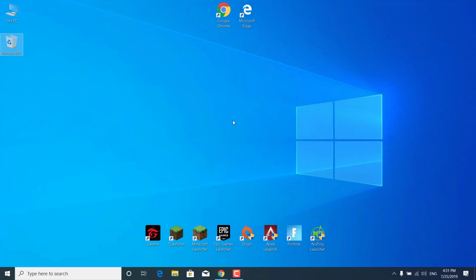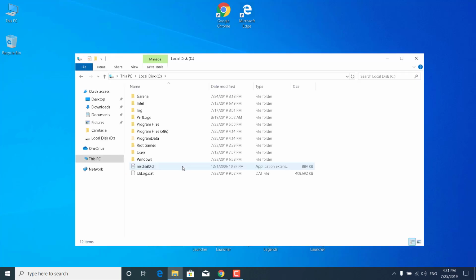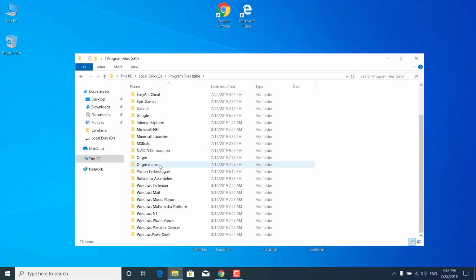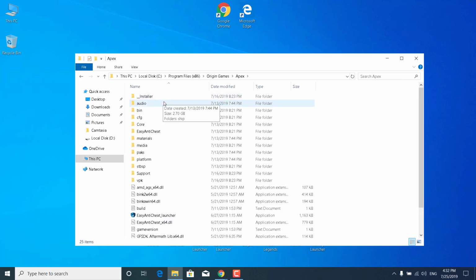Let's start. So what you want to do is open up this PC, go to local disk C or the drive where you have Apex Legends installed at, open up the program files x86 folder, open up the Origin Games folder, open up the Apex folder, now open up the installer folder,